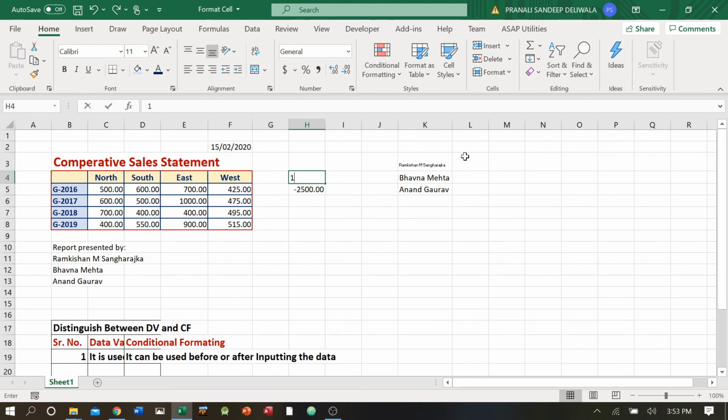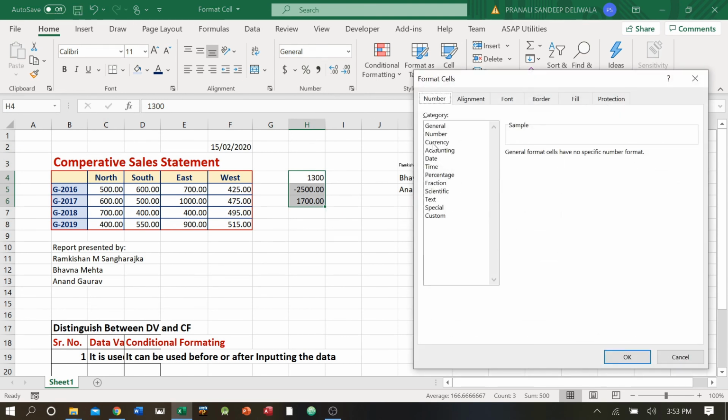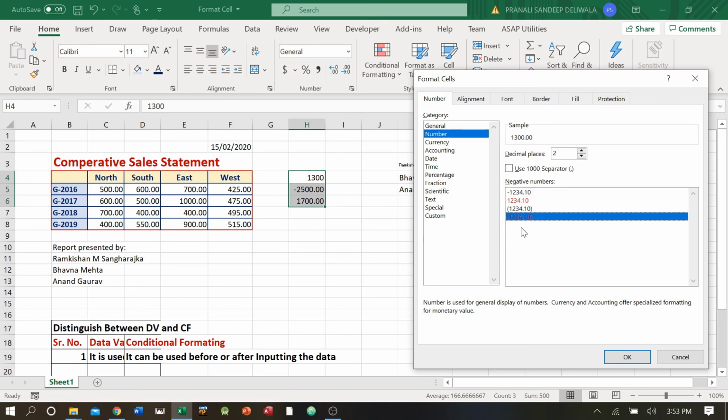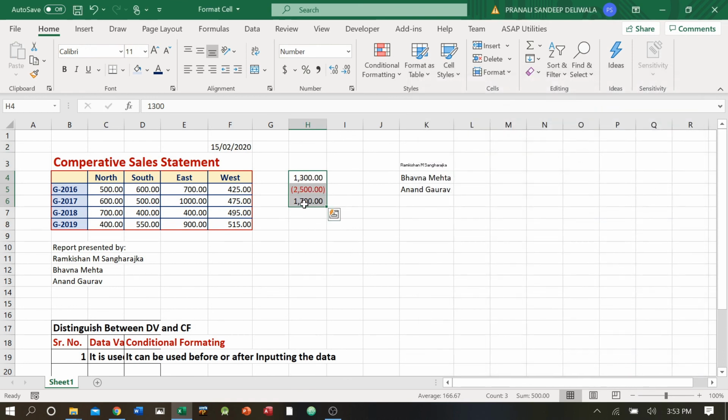I can also show you example, Control Z, Control Z. I have here figure 1300 and here 1700. We only have one negative number. I'll select all three number and I'll say I want this. I want in red color and close bracket. If it is negative, for negative numbers only. Okay, and use 1000 separator. I want comma separator over here after one. Okay, I said okay, and you have a comma, and you can see this two value remains same, but this changes the color and it comes into bracket because it is in minus value.